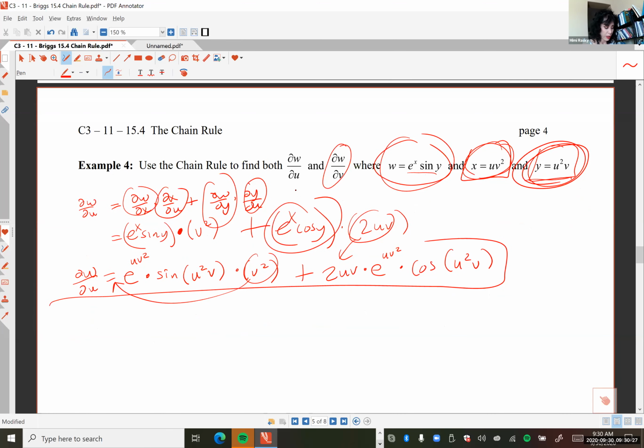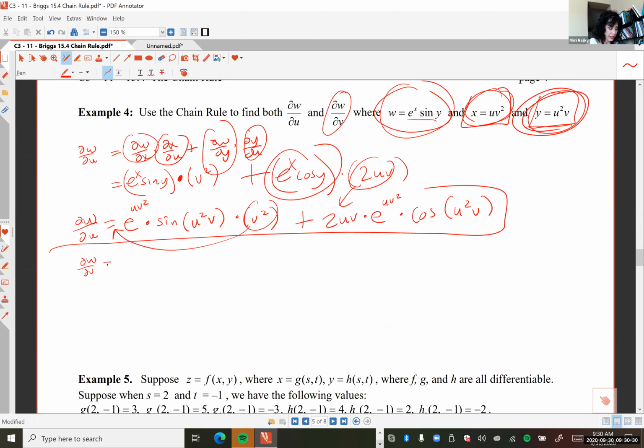All right, well, the other partial, if I use the theorem, is dw dx times dx dv plus dw dy times dy dv. And these are all partials. Now, the good news is we already got the partial of w with respect to x, and we already got the partial of w with respect to y when we did the previous partial. So I'm just going to sort of put that in there. But now we need to worry about taking the partial of x with respect to v. So go back to what x is. It's defined as uv squared, and take its partial with respect to v. And you should get,